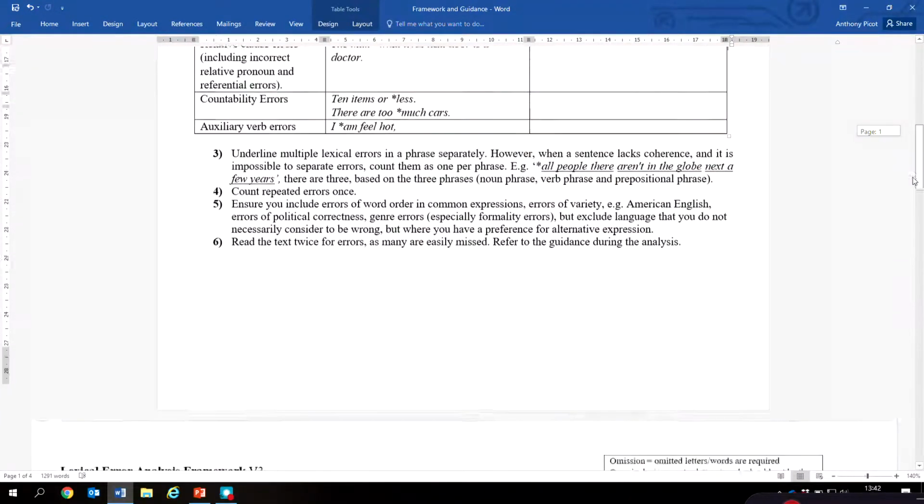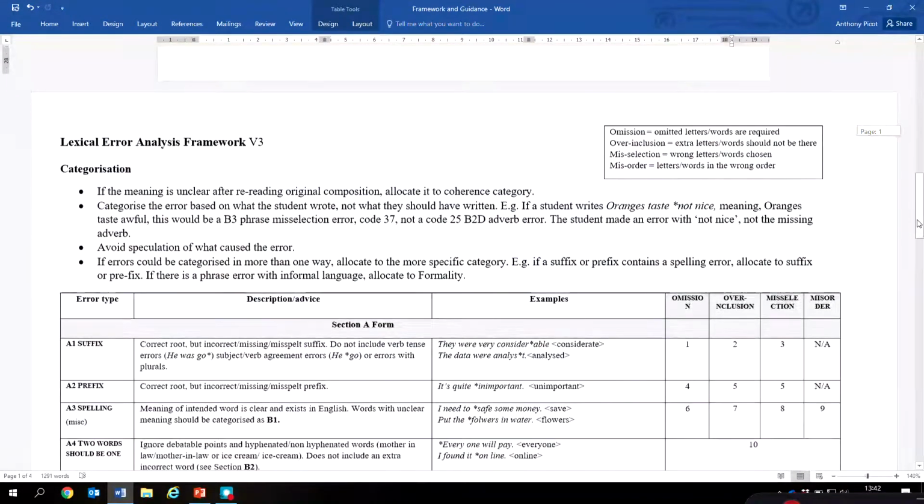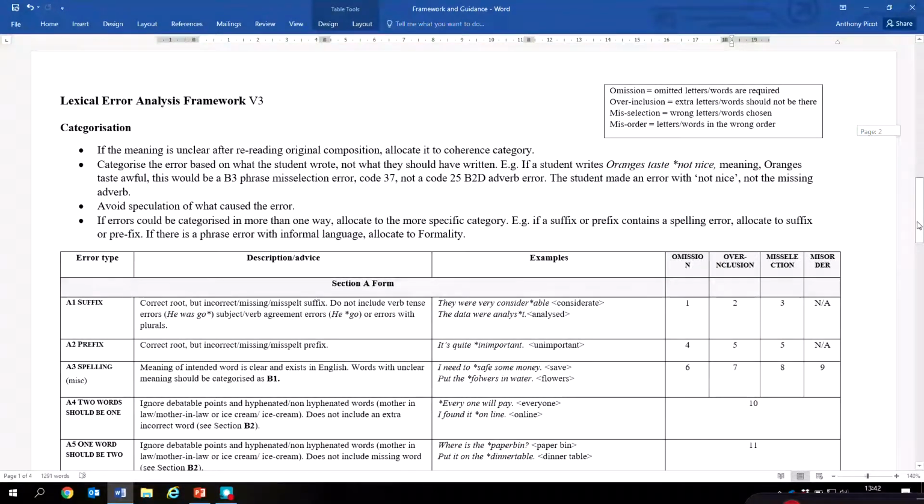The next stage is the categorization stage, and this is the framework itself. You'll see there are two axes. In the left-hand column is what I'm calling the error type, different types of errors down the left-hand column here. And over here in the vertical axes, over on the right, we have what we call 4-column headings for errors